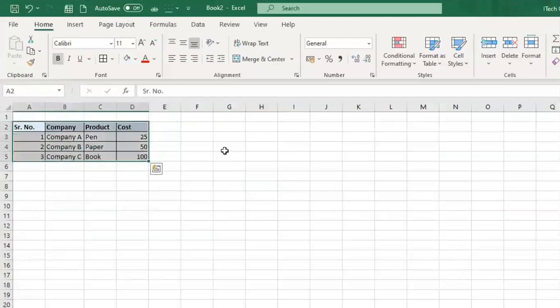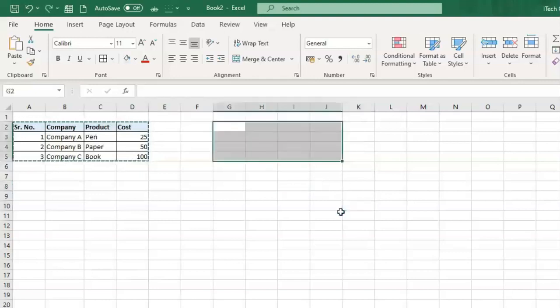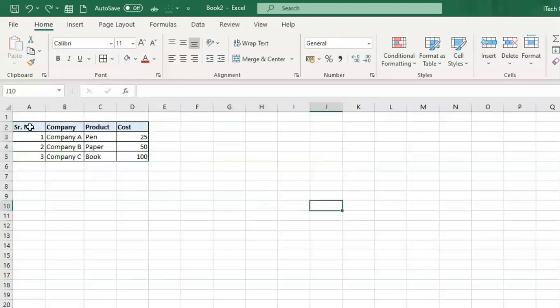When I press copy with Control C, and when I select here for the destination to paste this, I can actually directly paste by pressing Control V. So what happens is whole source data is selected and copy pasted as it is here. But now I can actually explore other options which paste special allows us. So when I select Control C for copy, instead of Control V or directly pasting here,